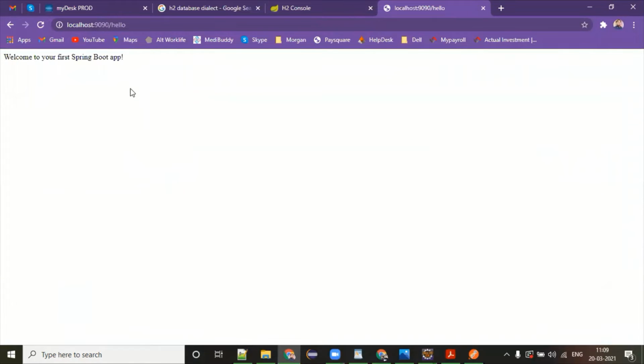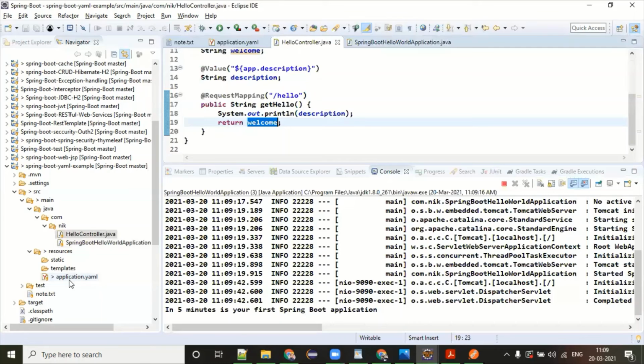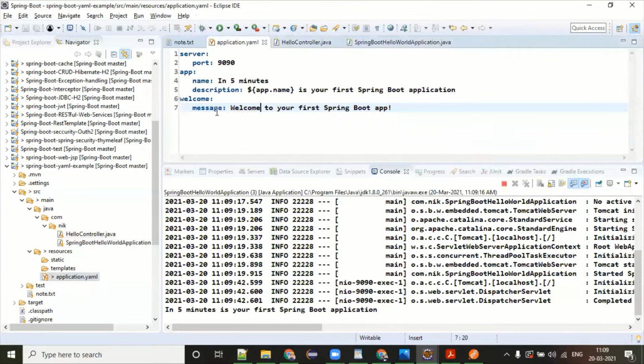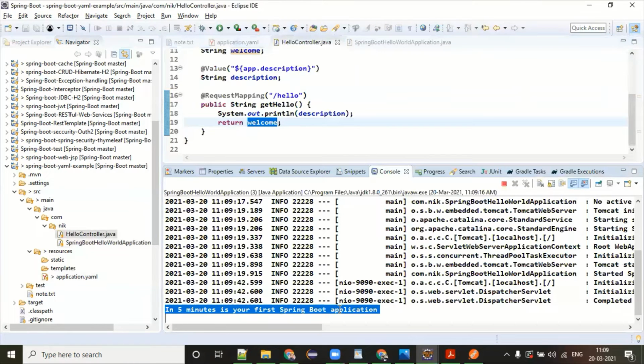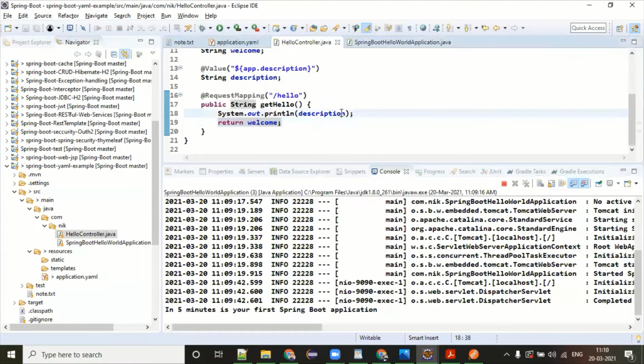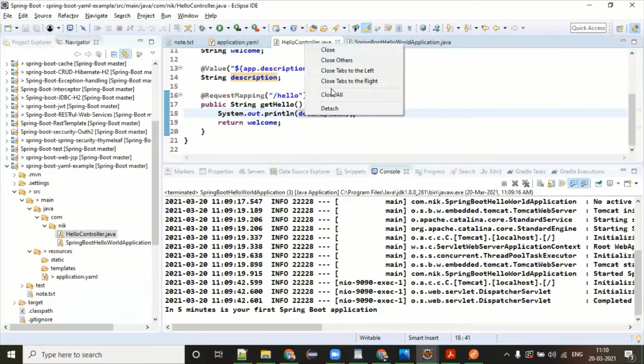Welcome to your first Spring Boot app. This is coming from the message which I'm returning. And you can also see the description in 5 minutes in your first Spring Boot application. So nothing much and nothing more complex here. Understood? Yeah. Let's move ahead.